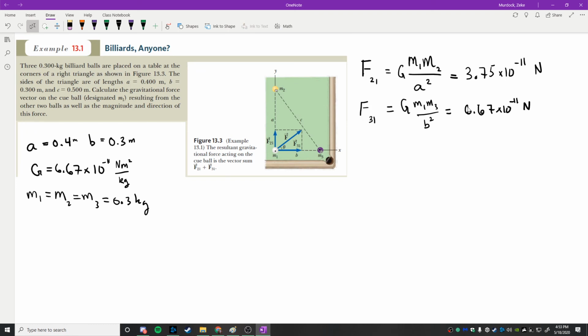And then, if I want to find the angle theta, you can say that basically the force F31 points in the x direction and force F21 points in the y direction. So if I want to find the total force acting on this object, I'm going to have to take the square root, I have to basically vector add these things. So F21 squared plus F31 squared, because they're at right angles to each other. And what that's going to be equal to is...